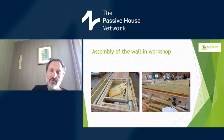Of course, we try to work to a maximum with biosourced material. So the box consists mainly of wood for the framework and cellulose weighting inside here. We complete the complex with rock wool here and glass wool, which are used for fire resistance. And you can see also the